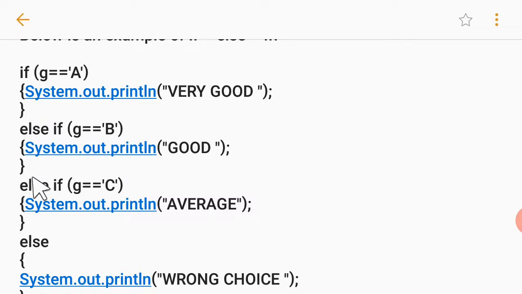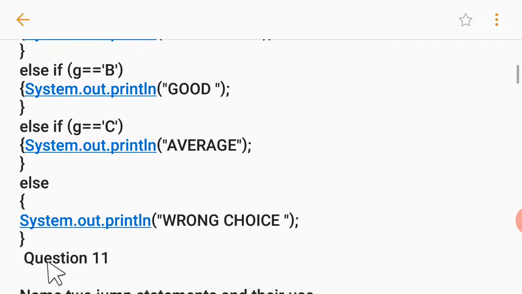Now if the if else if part is over, what do you want? You want to make an arrangement for when not even a single condition is satisfied. Even then I want something to be executed, because the person comes to know whether he has made a mistake or not. For that purpose you don't have to write any condition, you just write else. Else is enough.